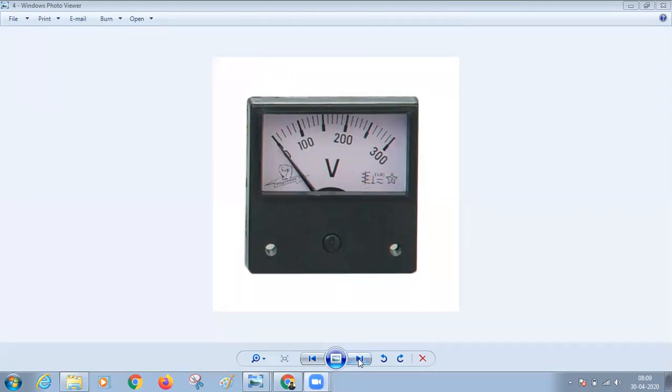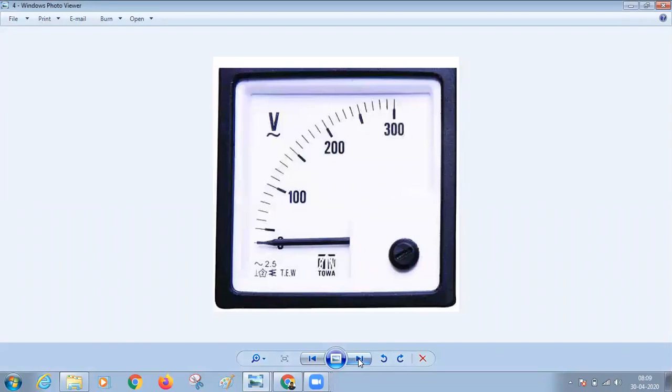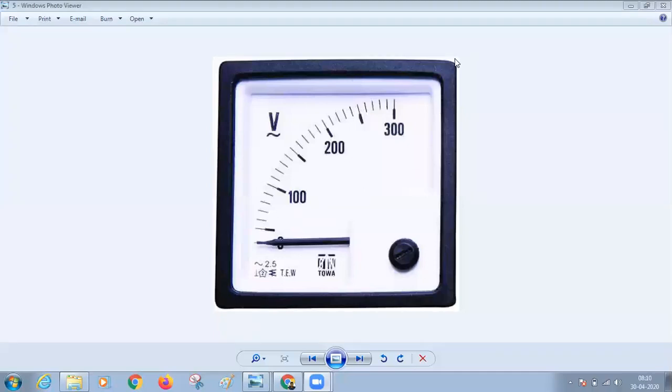Right. So now observe another meter. This meter is also given the perpendicular symbol similarly, so it is to be placed vertically, and with the star, inside this 2 is there. So this meter is tested, and the testing voltage is 2 kilovolts. And for this symbol, you can say that the meter is moving iron type, and it measures AC voltage. Here V is given, so it is AC voltage, and the number 2.5 is given. Only the number is given, so the error is 2.5%.